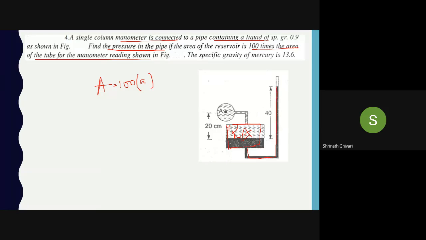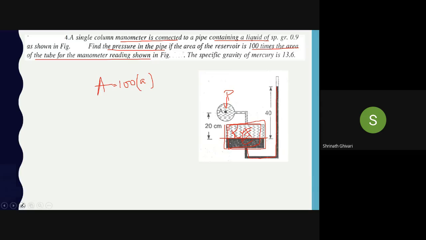of this tube, right? So in a single column manometer we have discussed about a vertical column manometer and an inclined column manometer. In a single column manometer we are having a reservoir placed in between, in which the heavy liquid and the lighter liquid are placed, and whatever pressure we have to measure, the liquid is made to flow over like this. Okay, and when it applies the pressure, there is a contact created between the lighter liquid and the manometric liquid. Therefore it creates the pressure. Okay, and here, that area of this reservoir is 100 times greater than the area of the fluid in the pipe.